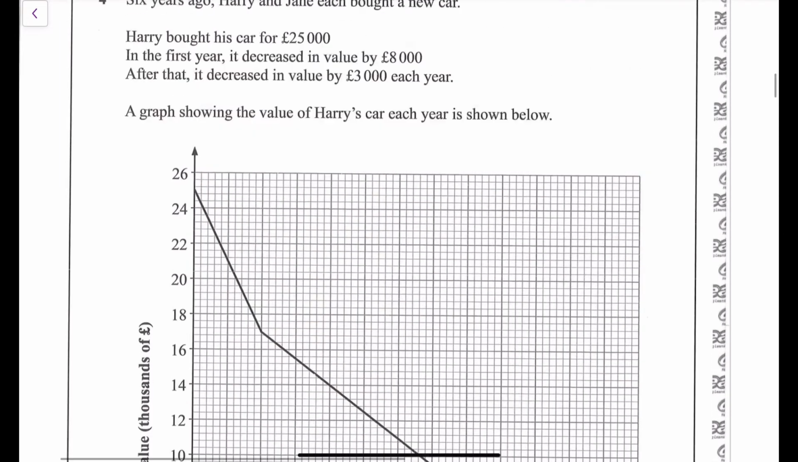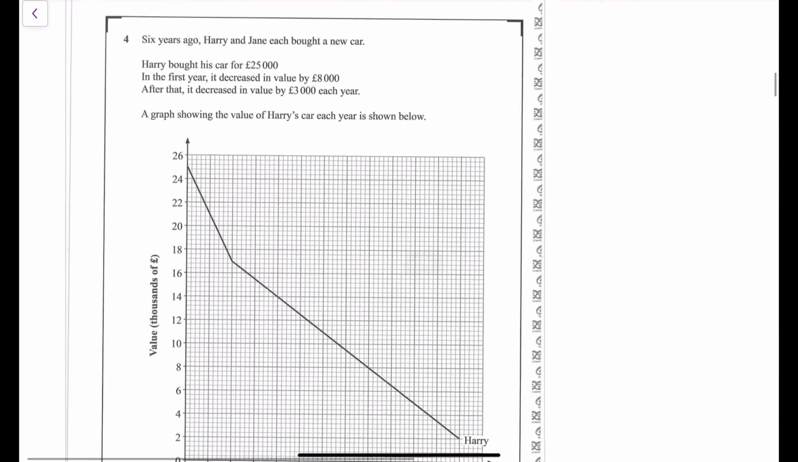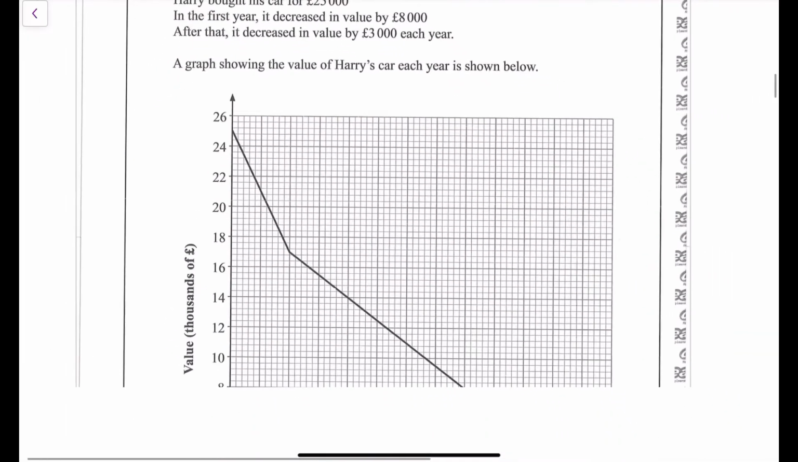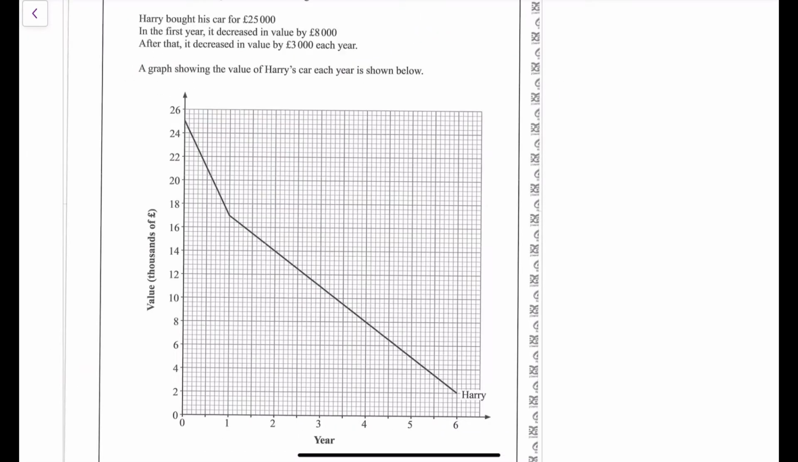Okay, next question. Zoom out in this one. It says 6 years ago, Harry and Jane each bought a car. Harry bought his car for 25,000. In the first year, it decreased in value by 8,000. After that, it decreased in value by £3,000 each year. A graph showing the value of Harry's car is shown below. Okay, so there you can see Harry's car decreases by 8,000 in the first year and then by 3,000 every